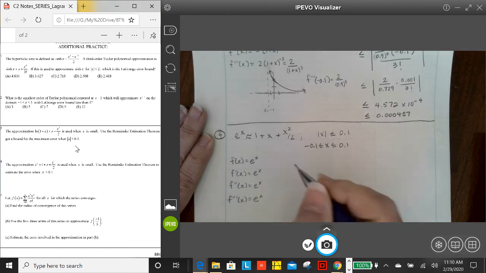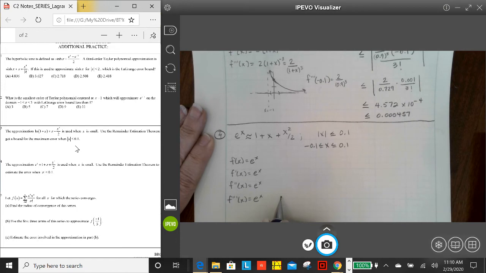And I know you know e to the x looks like this, but in the realm from negative 0.1 to 0.1,